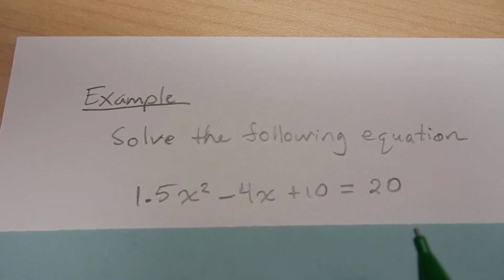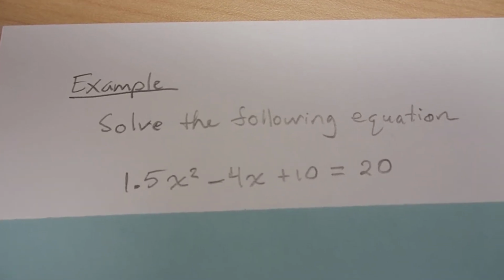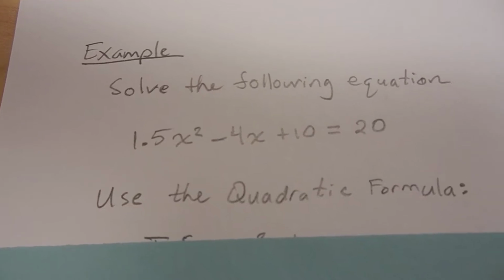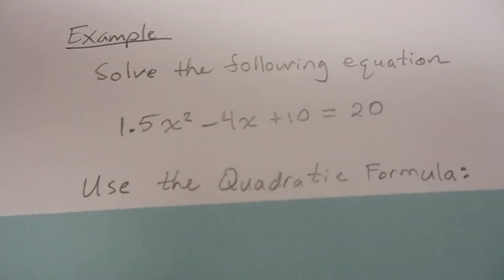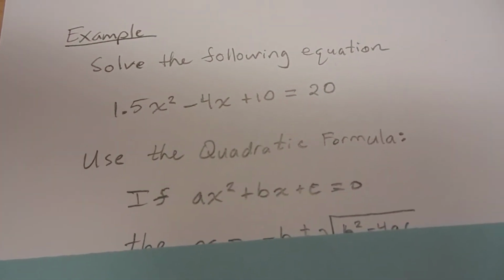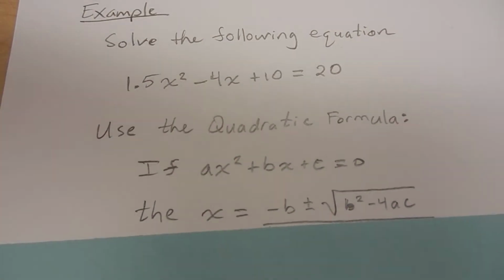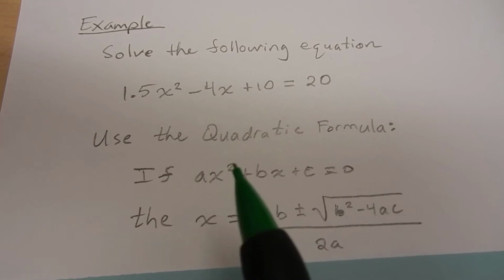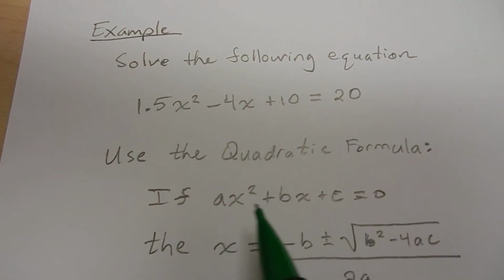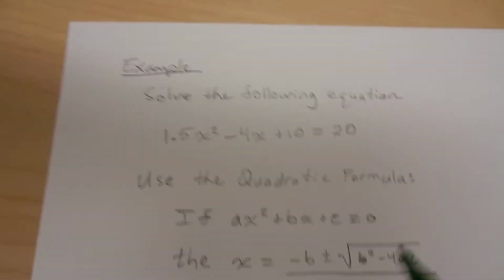In this section I'm going to show you how to use a formula, what we call an algebraic method, and it's something called the quadratic formula. The quadratic formula says the following: if you have an equation in this form, if ax squared plus bx plus c equals 0, where a, b, and c are real numbers, then